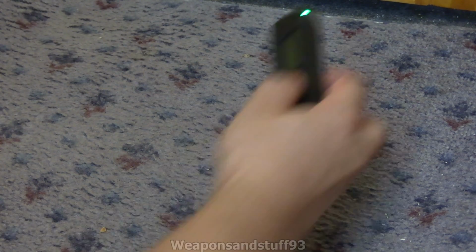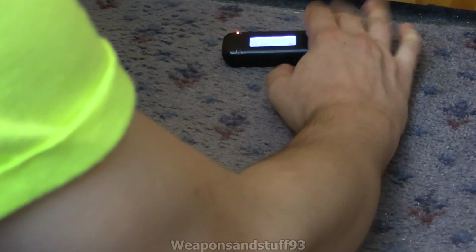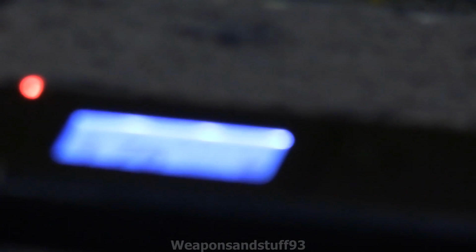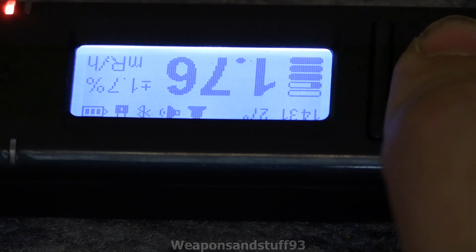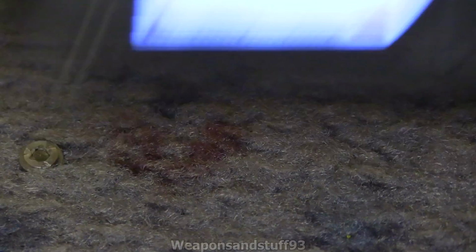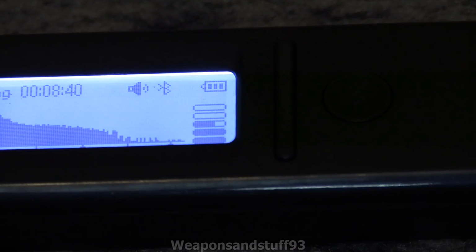Whereas with this thing, notice how much faster it is as well. Probably going to be a bad angle to see the screen now, but... And if we go again to the spectrum screen, I'll just show you on here. And we'll do logarithmic because it's easier to see. You can see again where there's